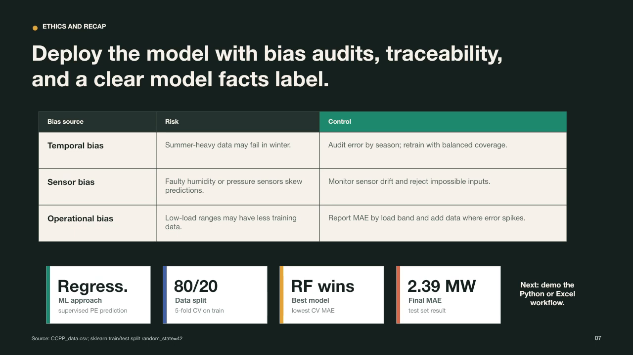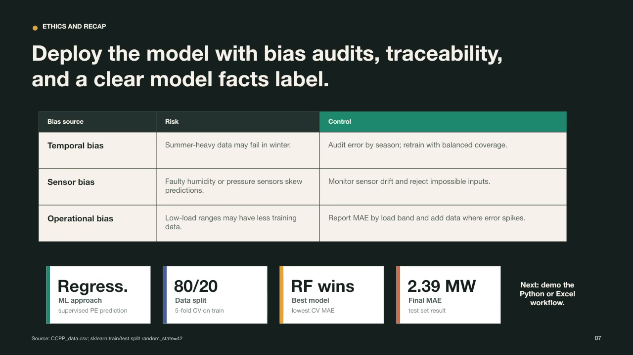The ethical risks are mostly reliability risks. Temporal bias means a model trained mostly on summer data may fail in winter. Sensor bias means a faulty humidity or pressure sensor can skew predictions. Operational bias means the model may be weaker at low load ranges if there is less training data. The controls are performance audits by season and load band, sensor drift monitoring, prediction logs with model version, and a